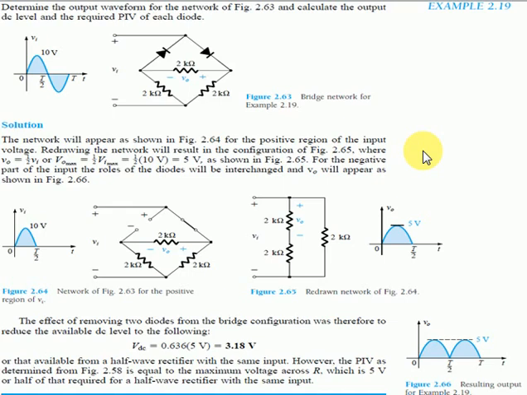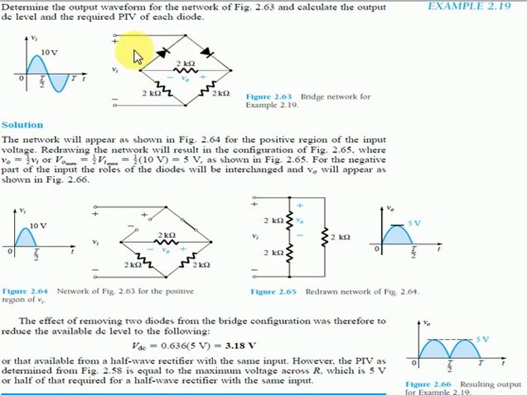In this figure, you may see there are two diodes and both are opposite to each other. This circuit has three resistors of equal value. The input signal is 10 volt for the positive cycle and minus 10 volt for the negative cycle.